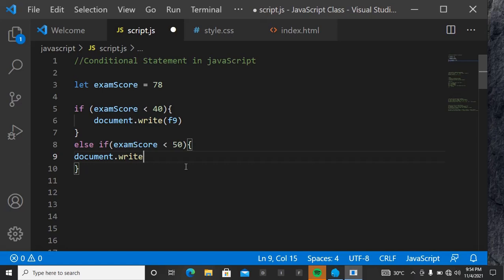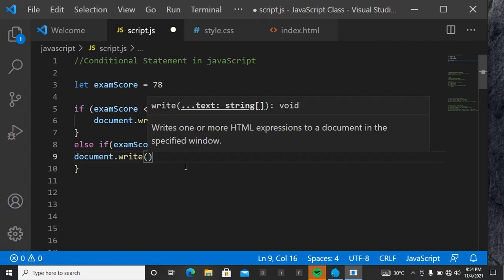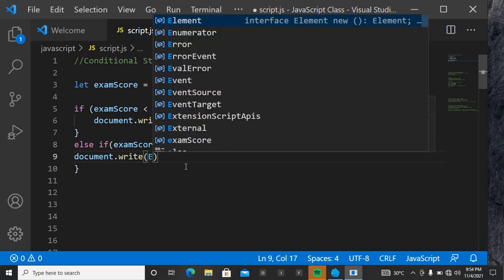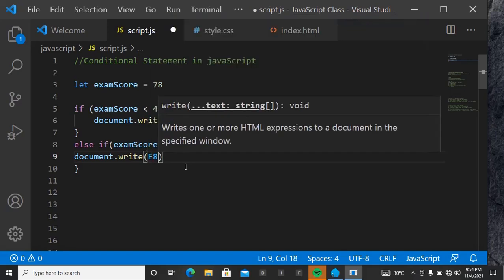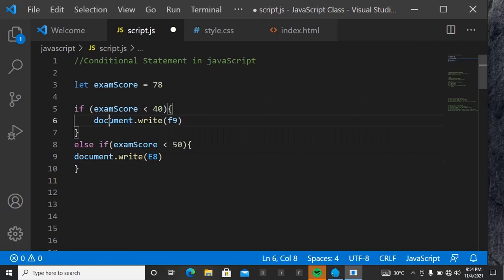What should it write after F9? Which one do we have again? E8, or what do we call it here? Let me change this F to a capital letter too, so it's usually a capital letter. So F9, E8, then